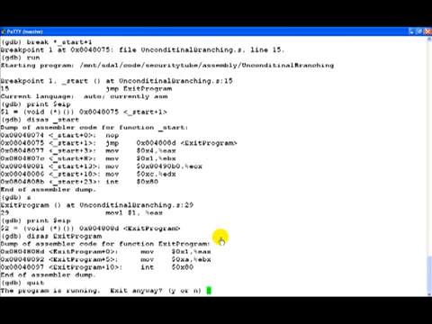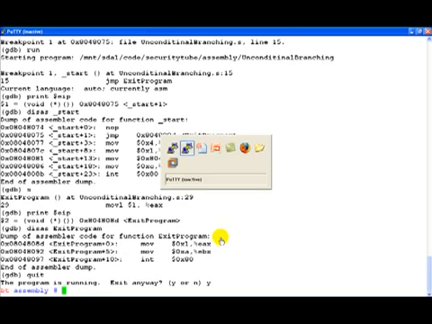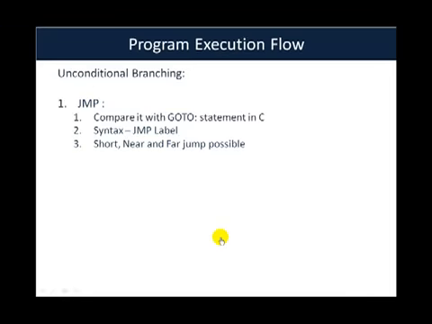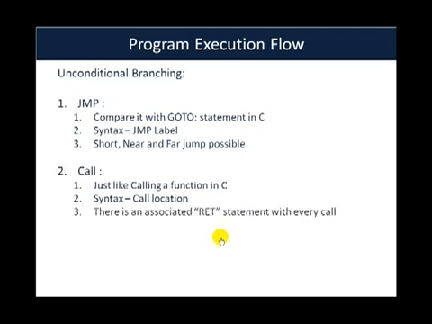Now let's quit this program and go back to the presentation. The other unconditional branching can be done using the call statement. Call is generally associated with routines such as functions, which can be called in assembly. So basically it's almost like calling a function in C. The syntax is very similar to jump, and it's just call and then location.